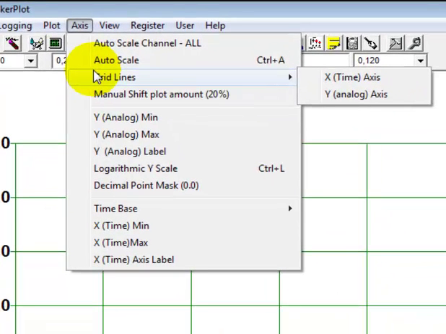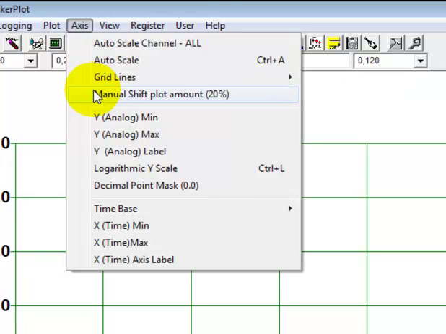Grid lines, we can set the X and Y grid lines. The manual shift plot amount, which we'll get into, very interesting by the way. The y-axis, we can change the minimum and maximum values. Right now they're 0 to 250, but we can change those as well. The analog label, we can actually label the y-axis. We can change the y-axis from a standard scalar plot to a logarithmic plot, and we can also control the